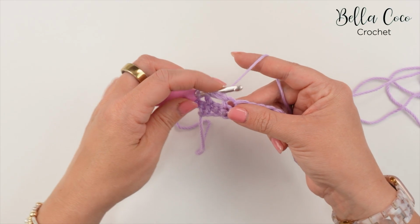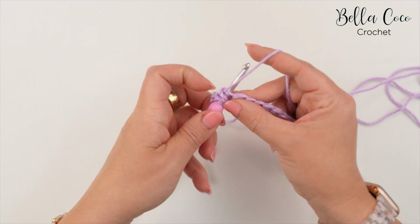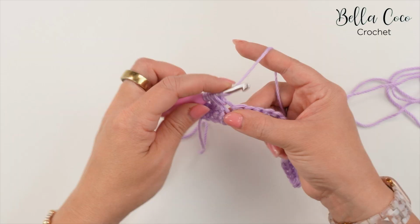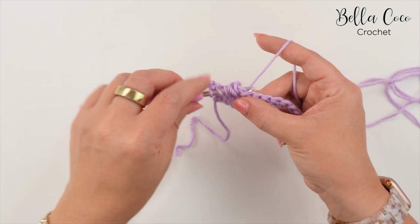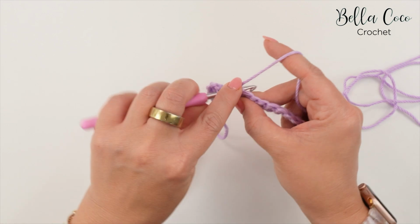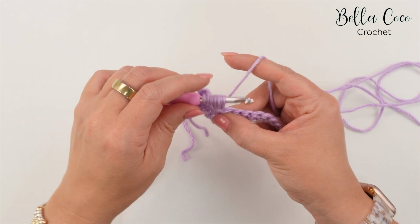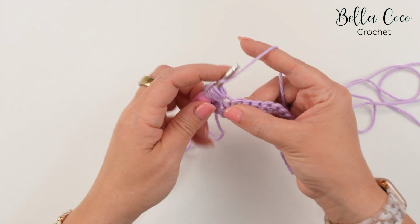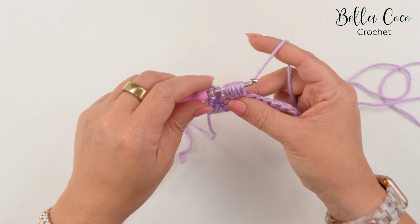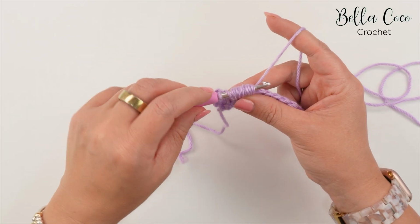So it's yarn over, insert, yarn over, pull up a loop. That's 1, yarn over, insert, yarn over, pull up a loop. 2, yarn over, insert, yarn over, pull up a loop. 3, and then yarn over, insert, yarn over, pull up a loop. That's 4. We'll now have 11